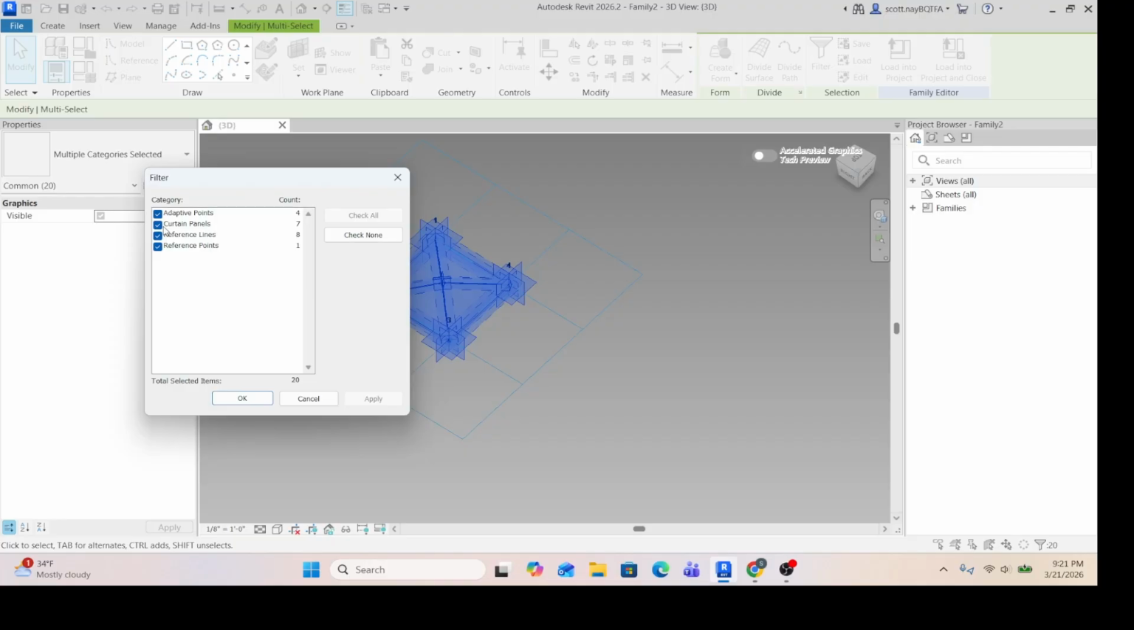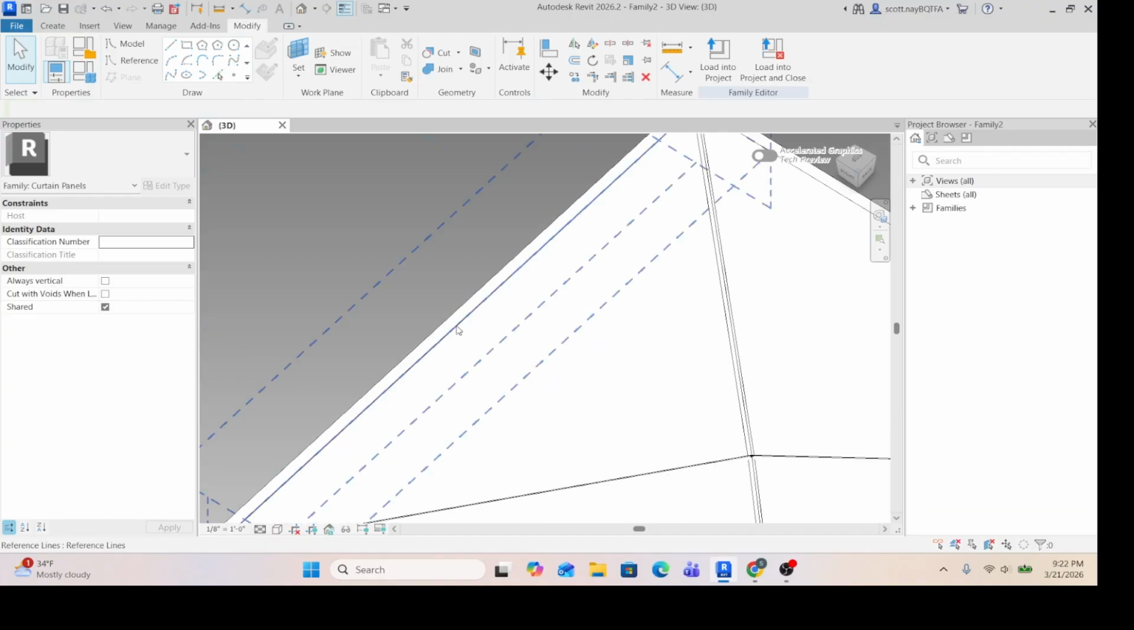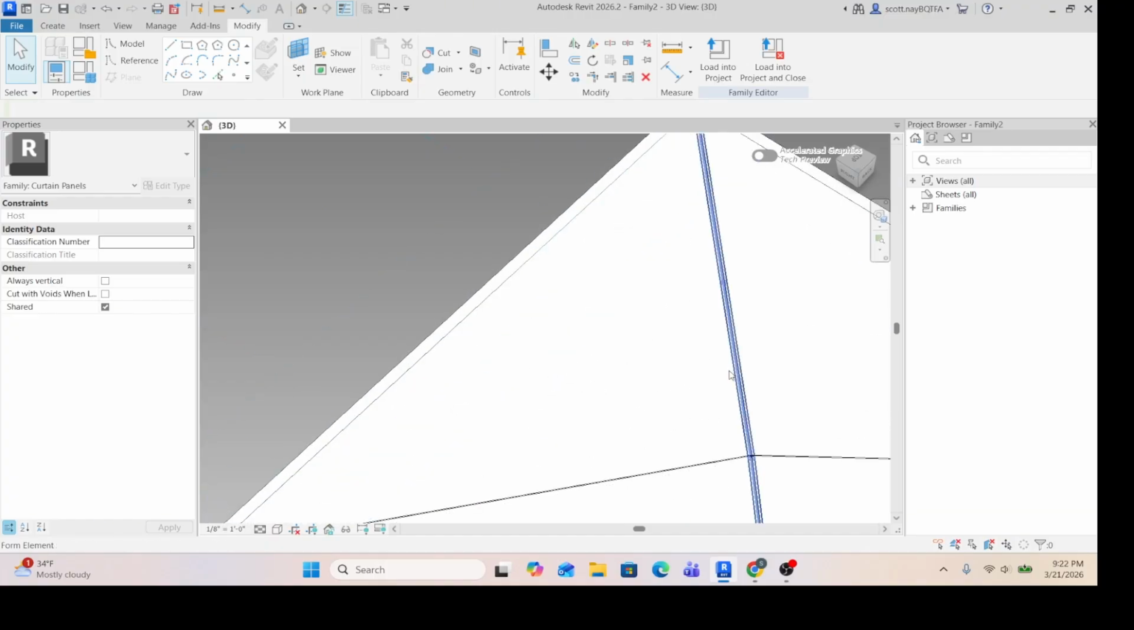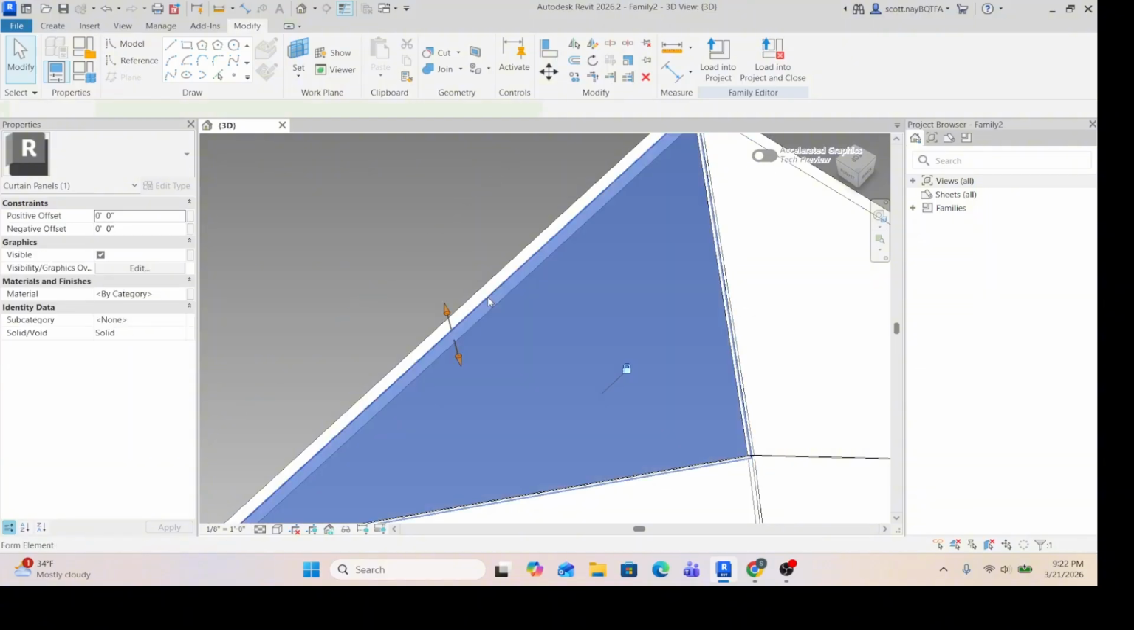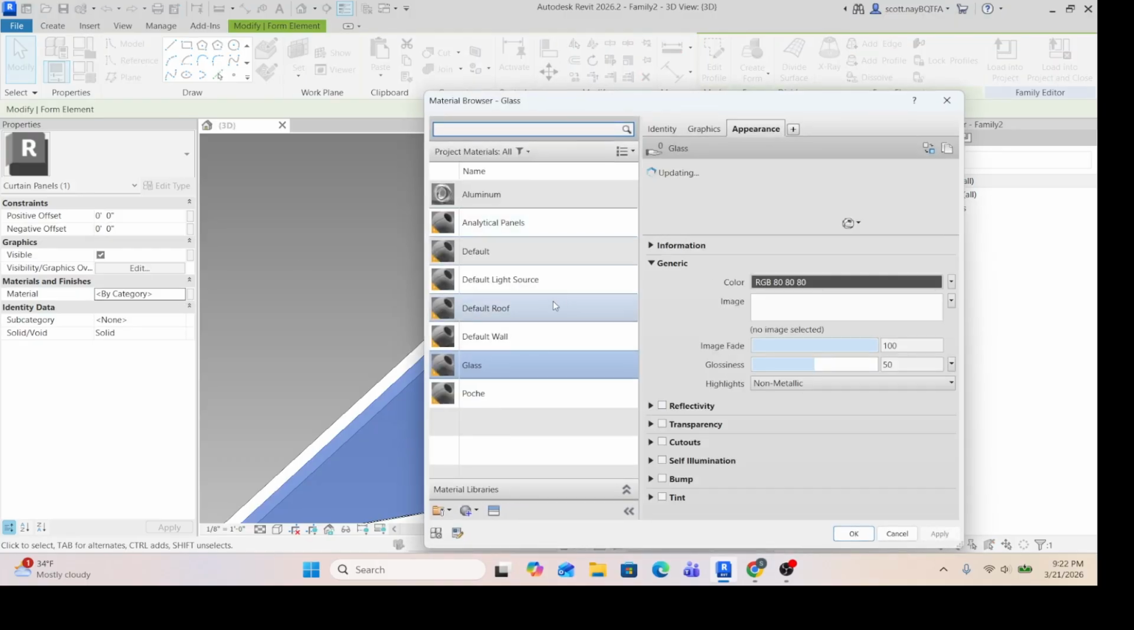Unfortunately, curtain panels is going to be multiple categories, so I'll have to come in one at a time. That's fine. So I can come in, I can find this. It's probably easier from this edge. And now I can say material, glass,